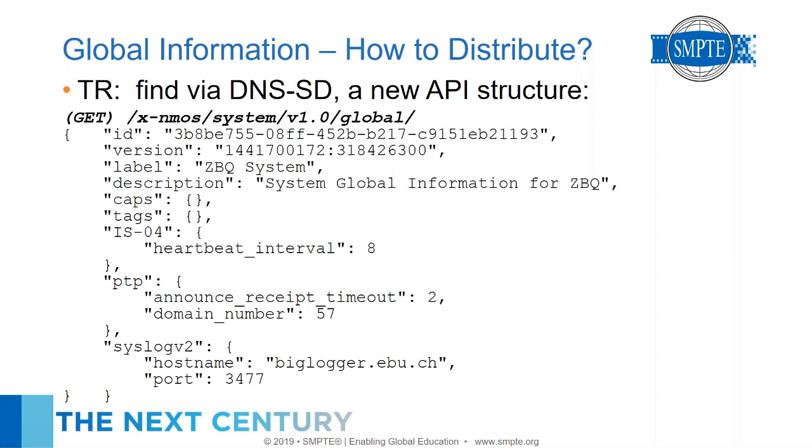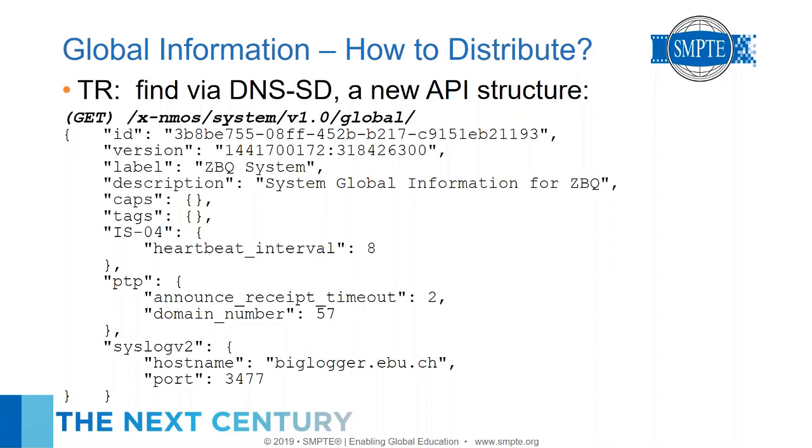So this global information, things like the PTP stuff or the system ID, how do you distribute that? So we made a new API structure. This may have an AMWA number at some point in the future, but right now it's defined in the TR. And so you look up in DNS service discovery and find this thing. And then based on the IP address and port number you got from DNSSD, you do an HTTP GET and